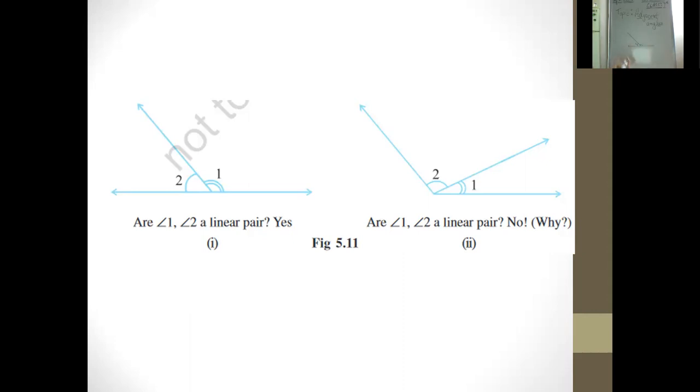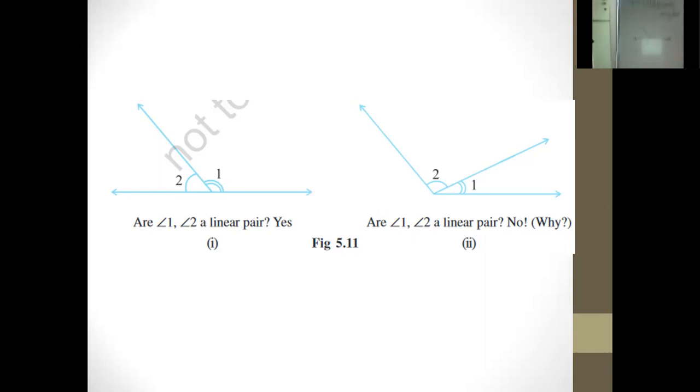So they are saying that angle 1 and 2 are a linear pair. Angle 1 and 2 is making a linear pair? What do you think? So yes, it is making a linear pair because we know that the line, let us suppose AB, is making some angle which is straight, and we would be considering it as a linear pair. Okay, what about the second condition?